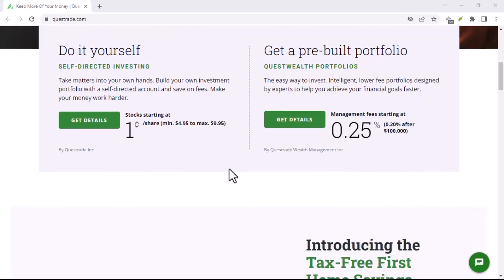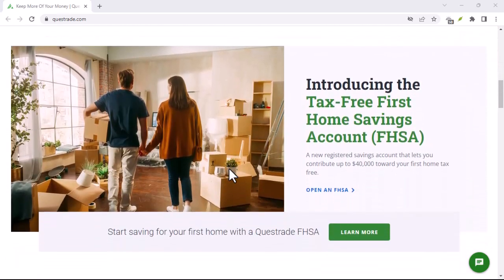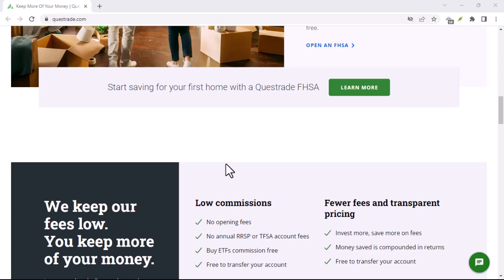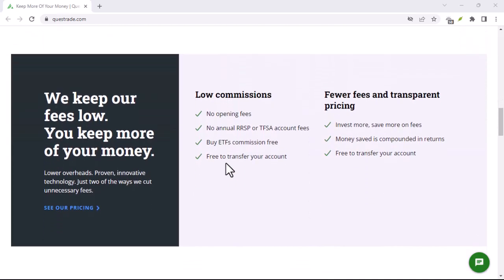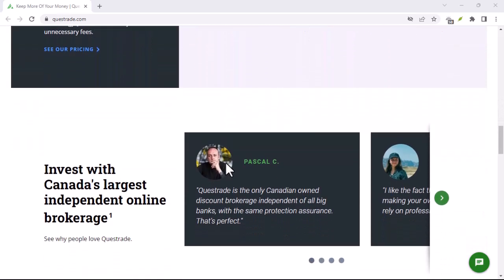Finding your Questrade account number is a relatively simple process, but it can be frustrating if you don't know where to look. By following the steps outlined in this video, you should be able to locate your account number